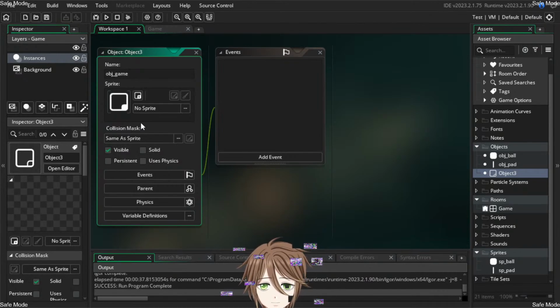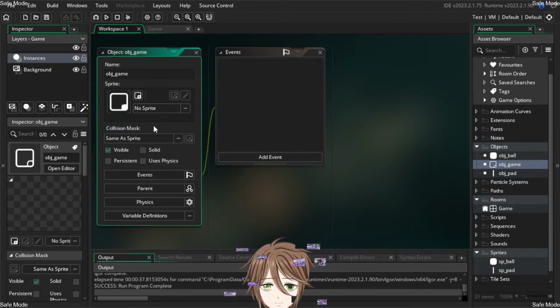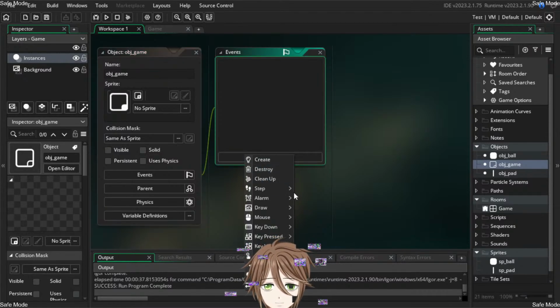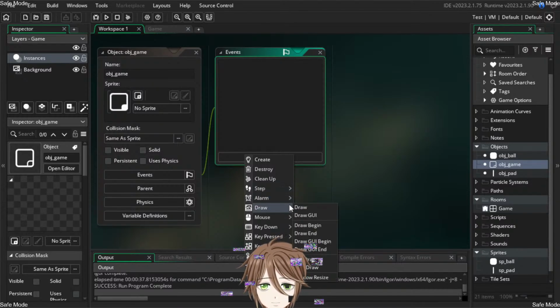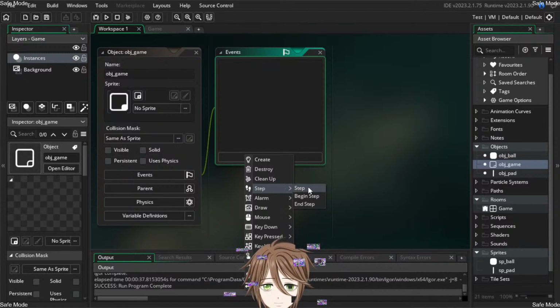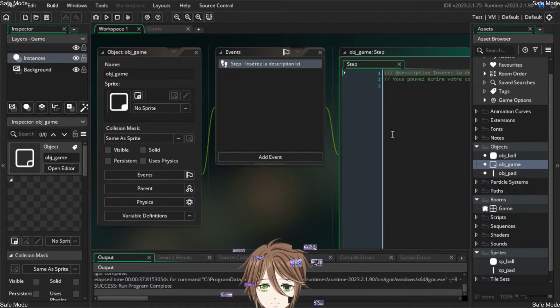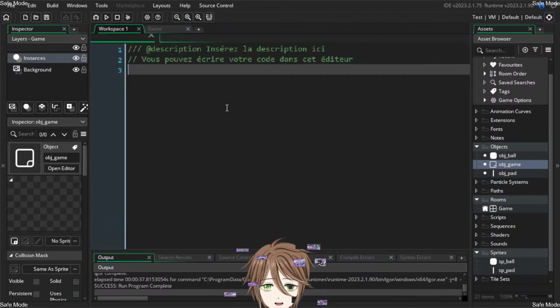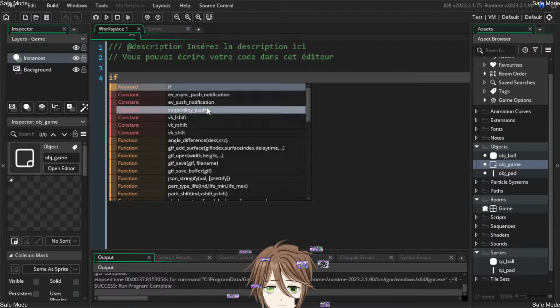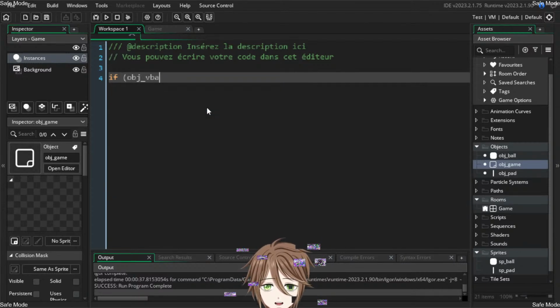Object game. No sprite because we don't need one. Not visible. Great, so I don't need anything to be drawn for this. And so, well, step and draw. Step, and so if object ball